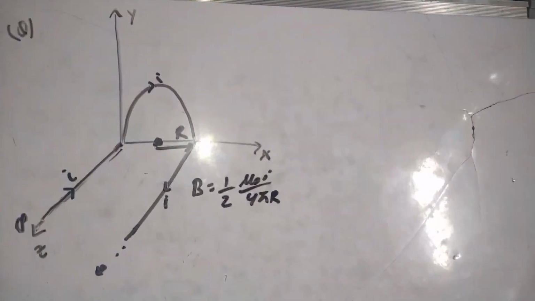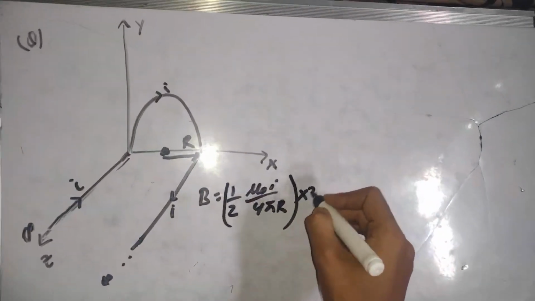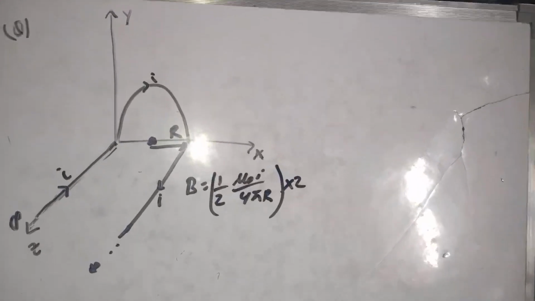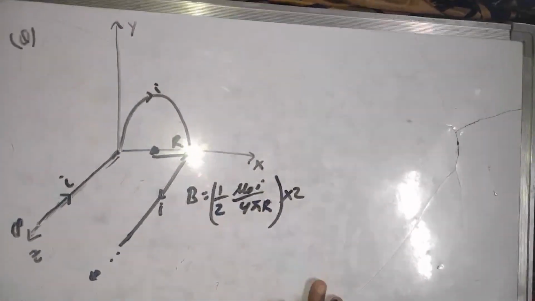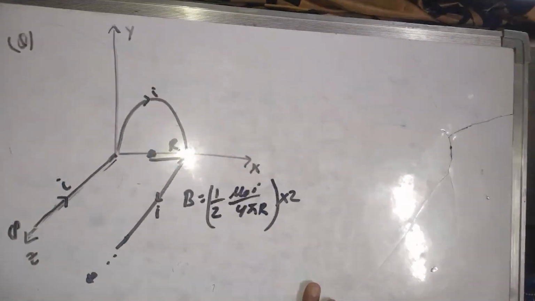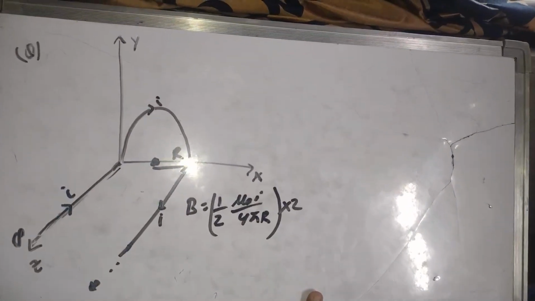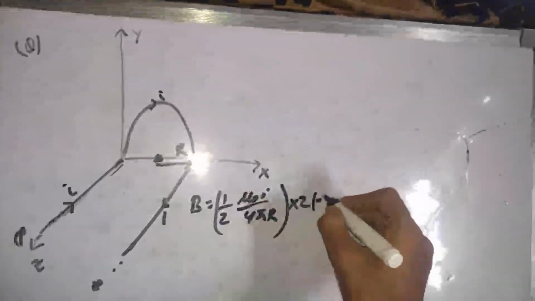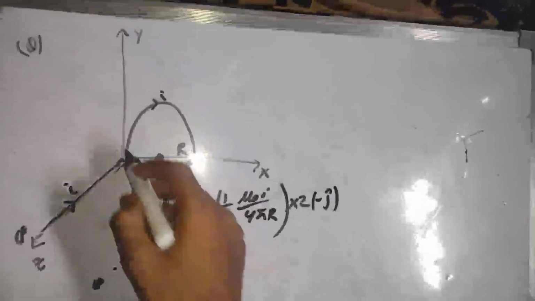And there are two such wires, so we can multiply it by 2, and the direction is in, let me just think about direction again. So direction would be in j cap, okay, and that will be in minus j cap, because angle, yes, that will be in minus j cap,